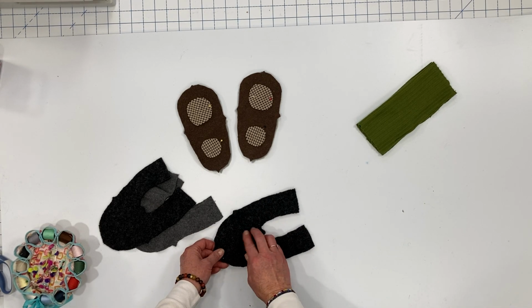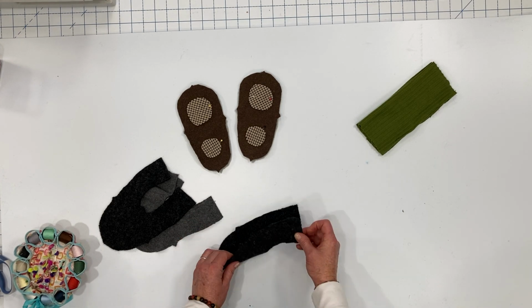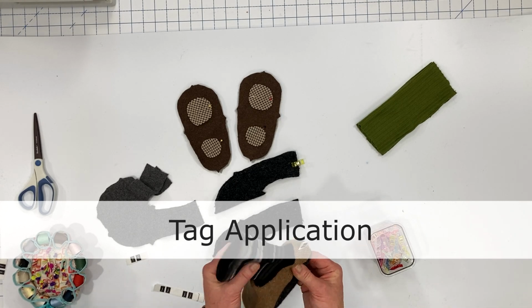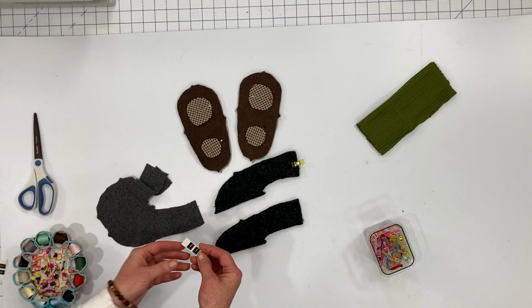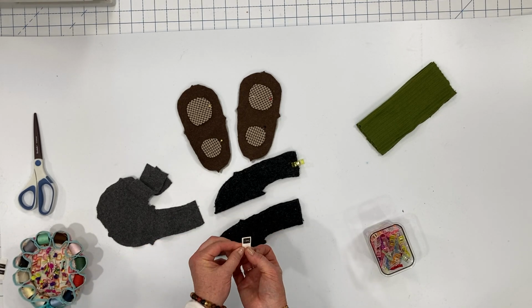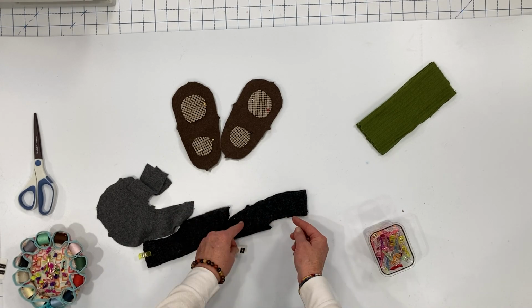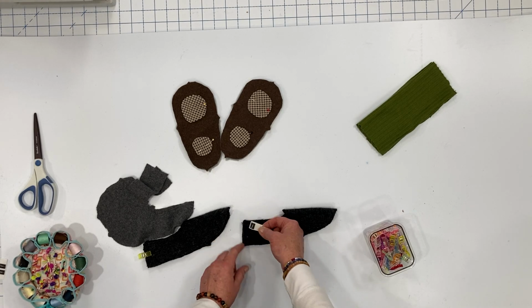Decide which side of the fabric you want to be the outside and bring the right sides together. If you want to add that heel tag, this is the time to do it. So let me just show you how you apply that. Get your tag ready, and if it is a letter or something like this, you want it to be facing upright. Find the center